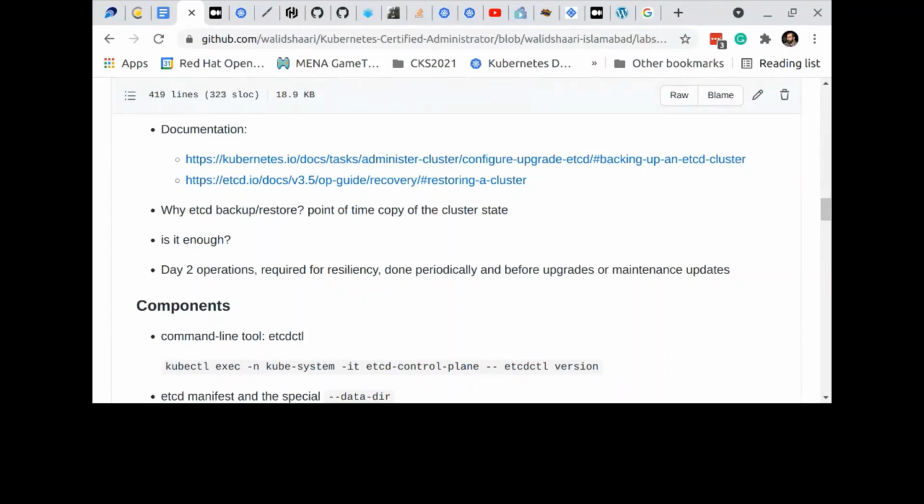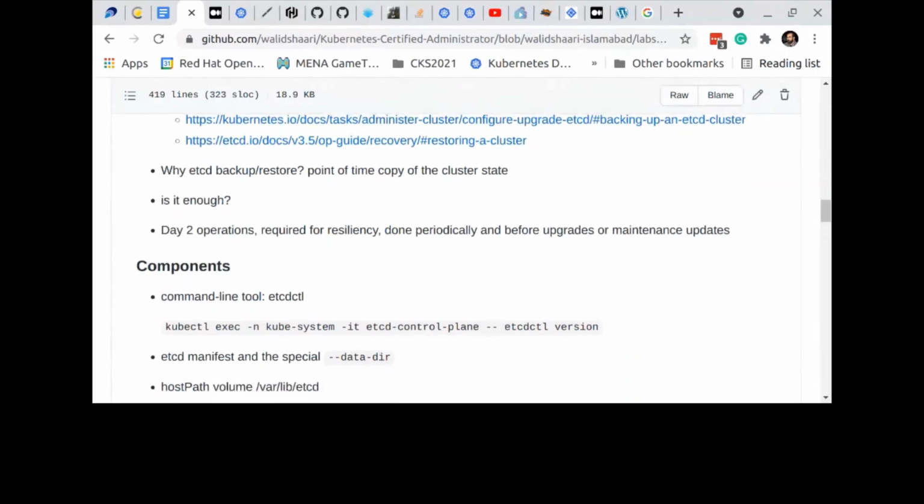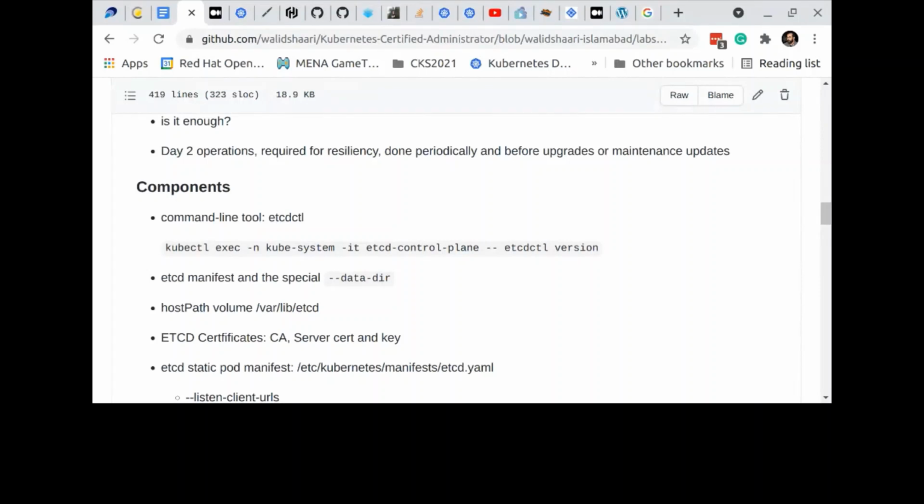etcd will save only metadata of the cluster, what kind of objects and what kind of resources, and the metadata associated with them. So if you need a complete solution for backup, you need to use something like Velero from VMware, which is open source, or you can use a commercial offering like Kasten. It's, I think, free for 10 nodes or something like this. But you need another solution. Or you can use snapshots from your cloud provider, or if you have VMware, for example, if you are installing Kubernetes in VMware and you have snapshots enabled on your storage, where you are installing the Kubernetes node, you can use snapshots of your infrastructure.